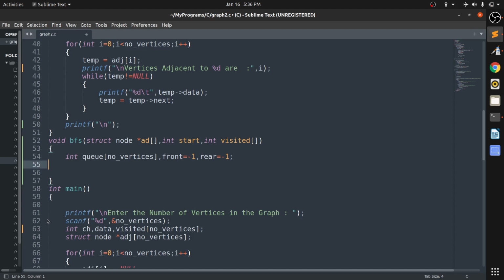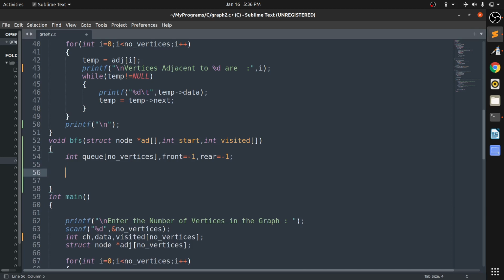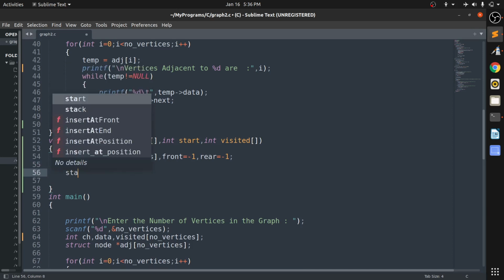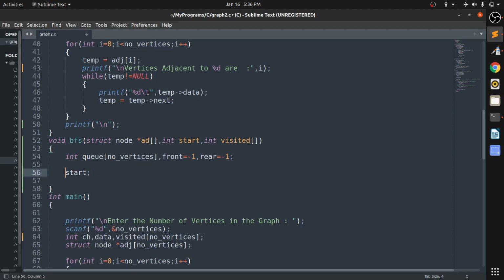Okay, so now what we are doing is we are just pushing the first element, that means start, in the front of the queue. So queue of front.